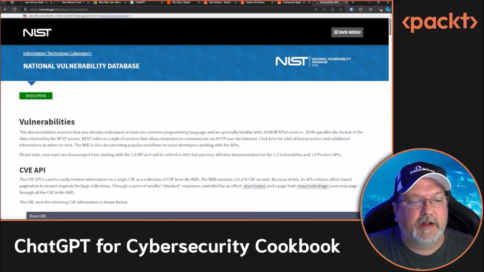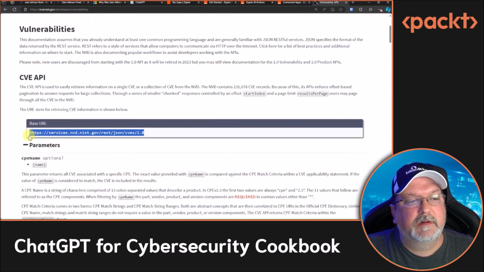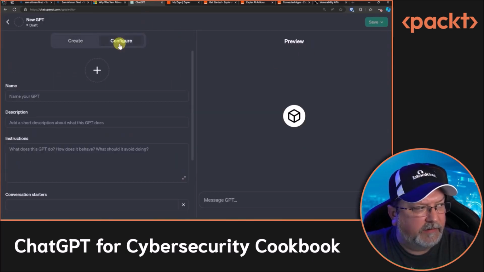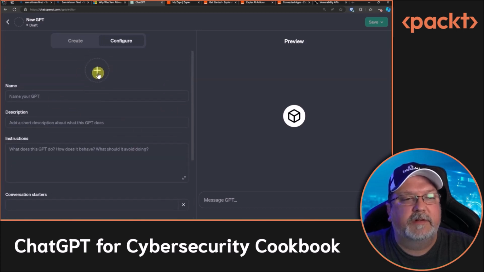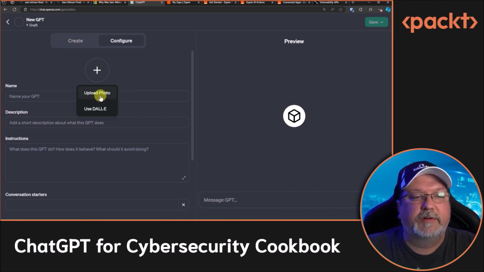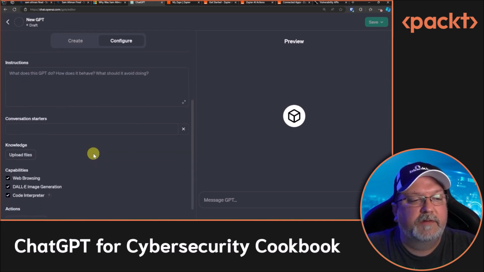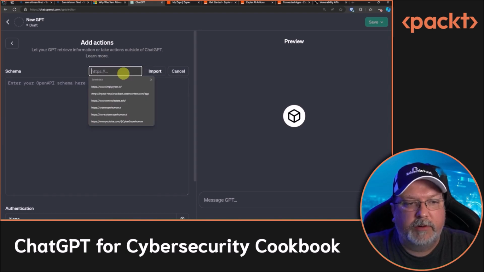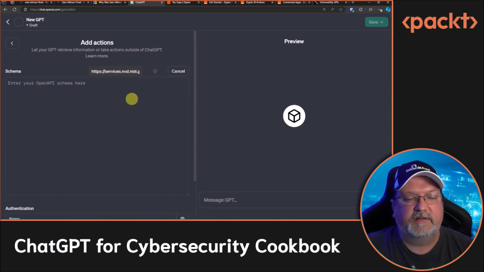So if I go into here, here's the base URL. I'm going to copy this, and I go into configure, and by the way, you can just give it your own images and stuff like that. You don't have to have it generate something, and click there and upload a photo. Let's go over to actions, go to import URL, and paste that. We click import. It grabs the schema,